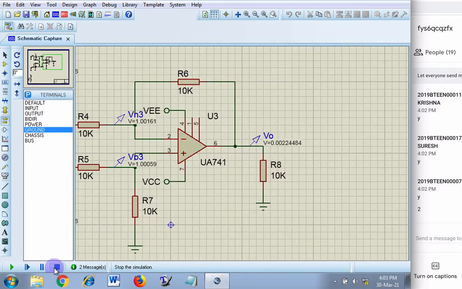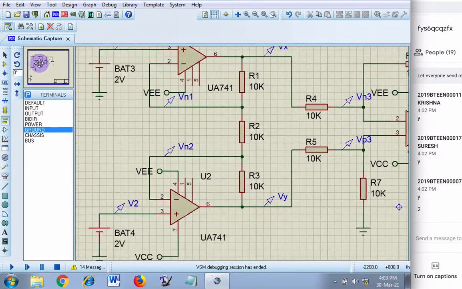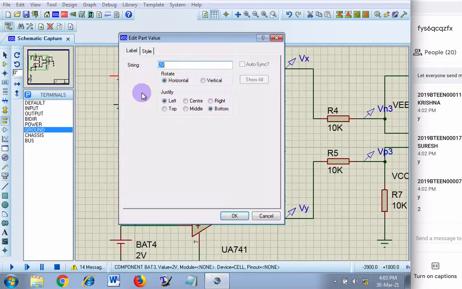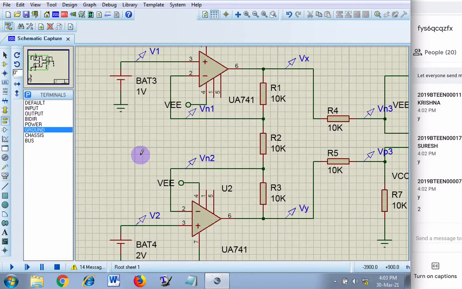Right. Now let us check the formula of gain. Let us verify the formula of gain. Suppose if I write down 1 volt here. So what is the difference between inputs? 2 volt and 1 volt. What is the gain now for this whole amplifier?